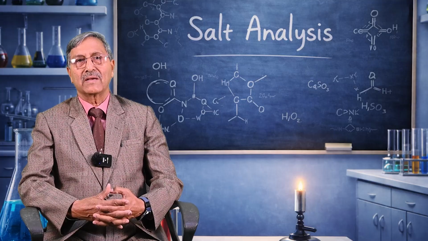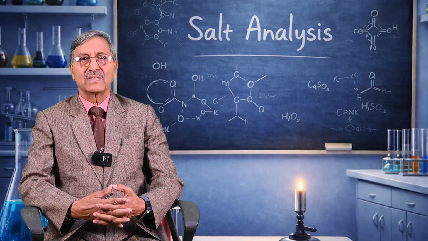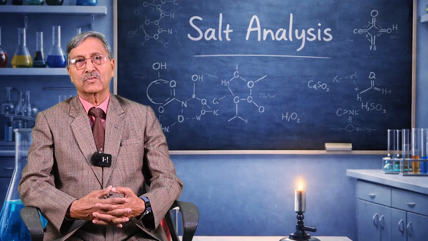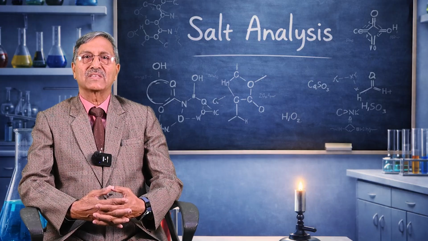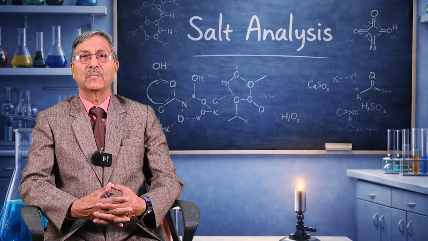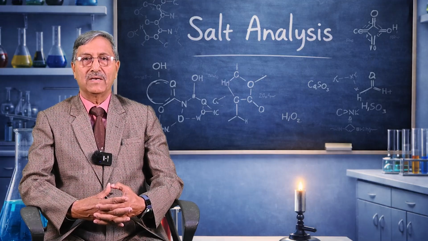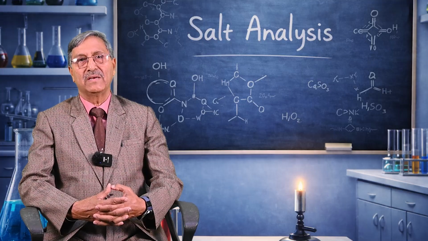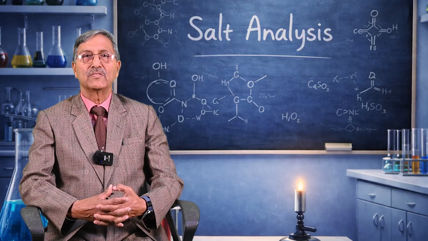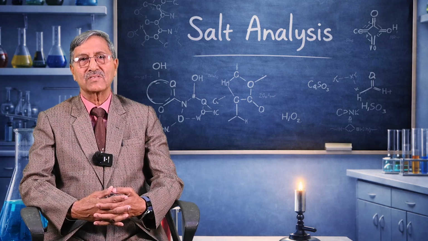We had discussed in an earlier lecture the identification tests and their chemistry, and in today's discussion, we'll be discussing the confirmatory tests of various acid radicals, that is carbonate, bicarbonate, sulfite, thiosulfate, and nitrite, and the chemistry behind these tests. I hope this will give you an insight into various tests.